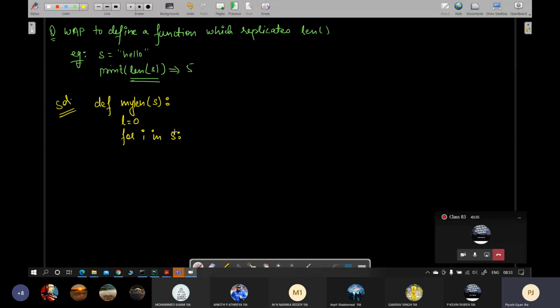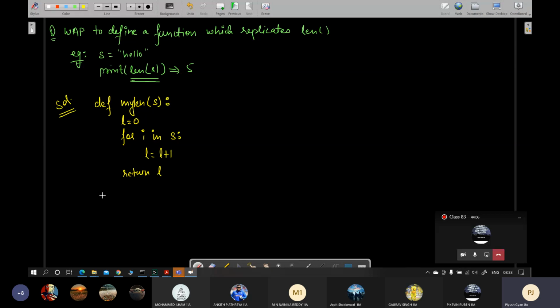If you write range here, then the loop will go based on indexing. If you write s, it will generate characters one by one, and every time I will get one new character. Every time i gets one character, I increase the length l by 1. So the final value of l that you will return will be nothing but the length of the string.